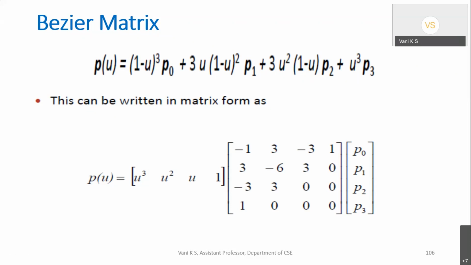It was designed by a Polish mathematician when he was working on Renault automobiles. Bezier curves can be of any polynomial degree, but the majority usage is in the cubic Bezier curve. In the sense, I have 4 control points and the exponent degree is 3. That you call a cubic Bezier curve. So the cubic Bezier curve mathematical formula is this, and the same thing written as a matrix is this. That's all it is. So this is all about the fourth and fifth module.